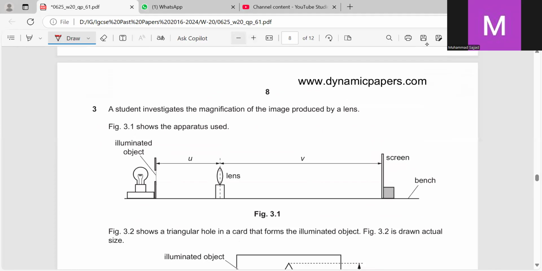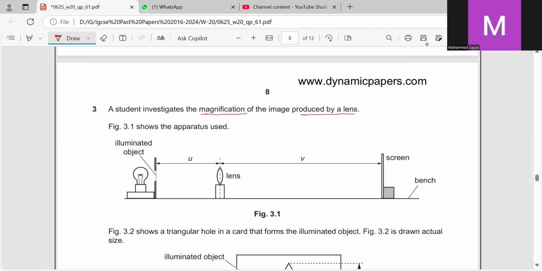We are talking about a student who investigates the magnification of the image produced by a lens. Magnification means by how many times the image is bigger than the object or smaller than the object. Magnification, in general, is most of the time the ratio of the image size to the object size. It is one of the physical quantities which has no unit, because it is a ratio between the